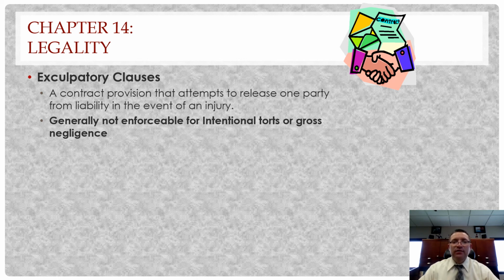Now, that said, what you need to understand is those are generally not enforceable for intentional torts or gross negligence. Remember, an intentional tort would be, look, if I go up on the ski slope and you decide to hold me on the ski lift for 3 hours because you're trying to figure something out, I didn't agree to be up on that ski lift for 3 hours, and so you're kind of maybe kidnapping me or doing something intentional, right? Then maybe you could be sued. Or if you knew that there's a hole in the slope, right where people do their runs, and you're like, I don't care.